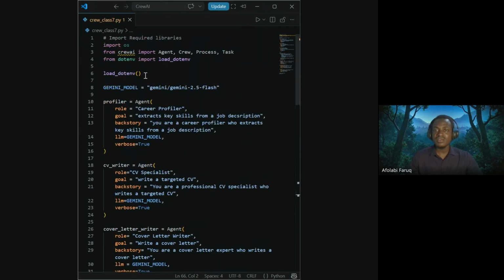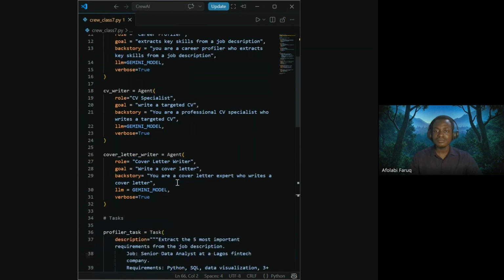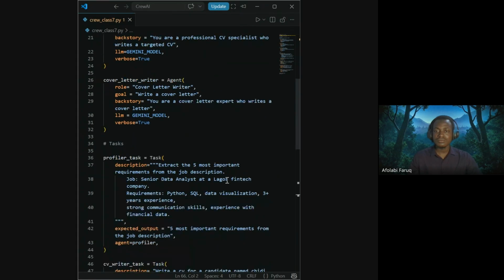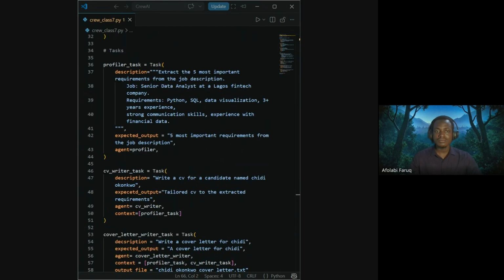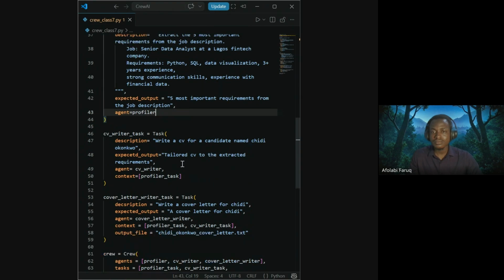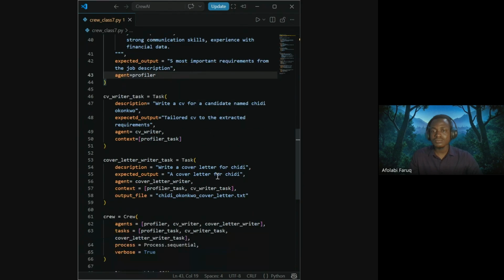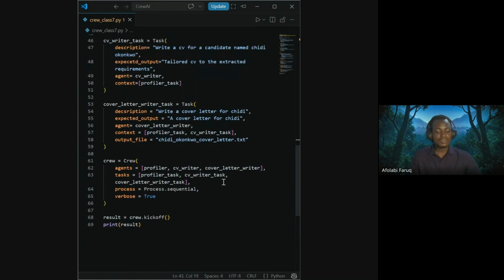Let's check again if there are no errors. Okay, let's run this.